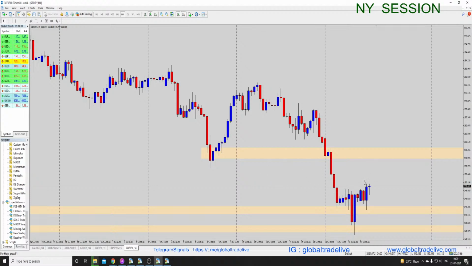Let me just finish this analysis with GBP JPY, so that we can get clarity on where we will be moving and what our bias should be for today. So if I look at the 4-hour time frame, then it really looks